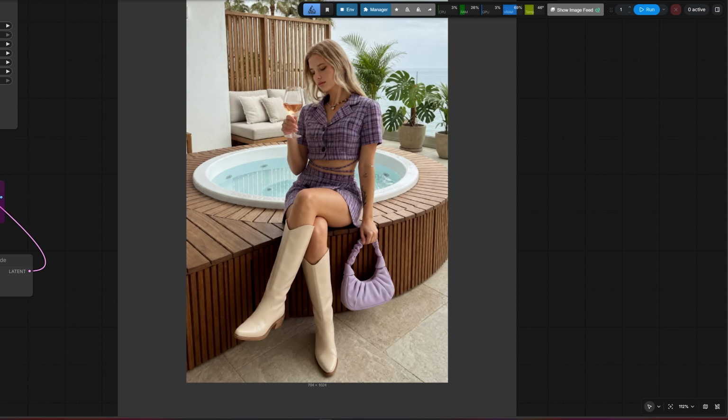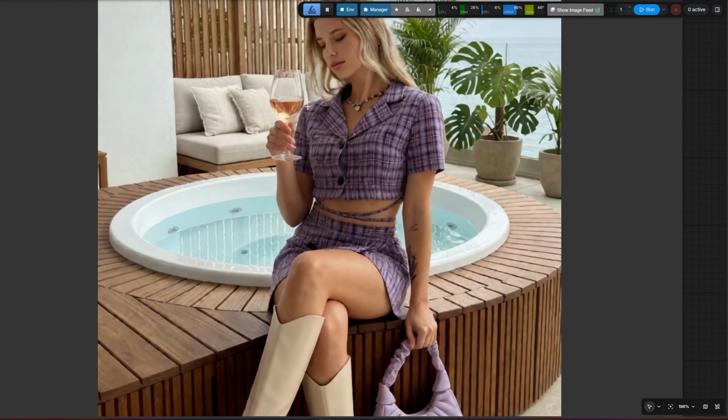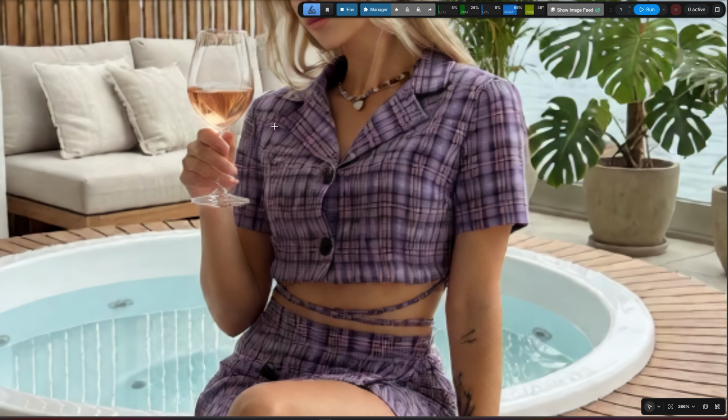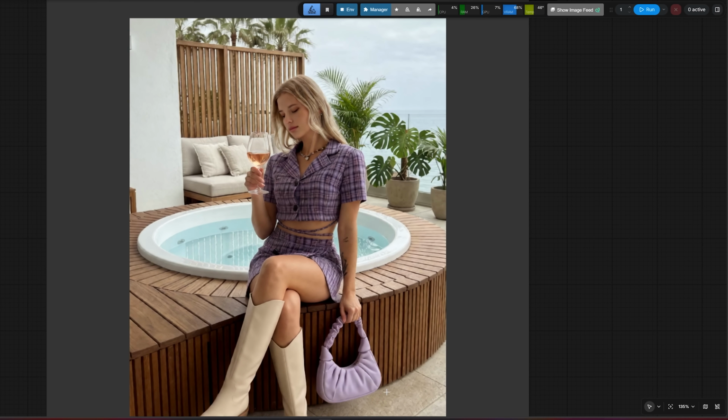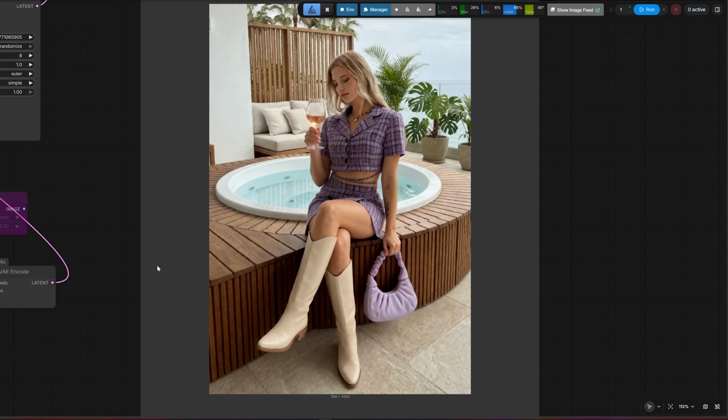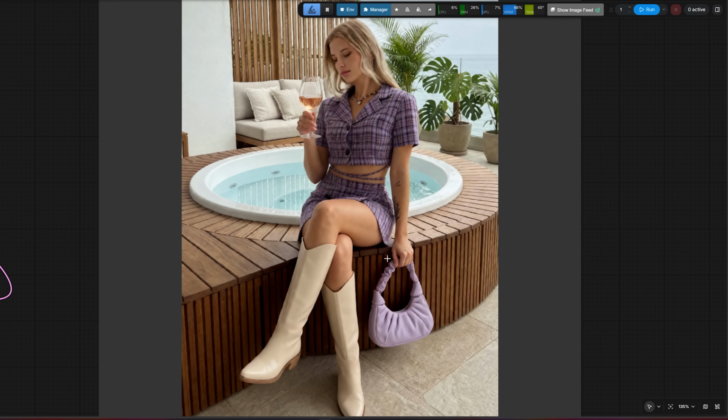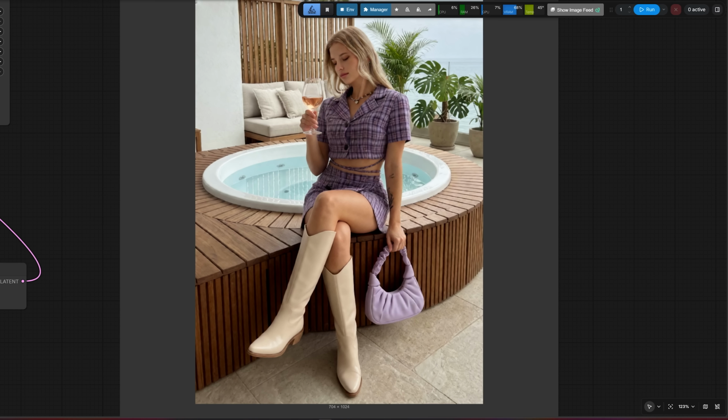The woman is sitting near the jacuzzi, the necklace doesn't match perfectly, but the shoes match. And notice, the woman is also holding the bag. The most important part is, the purse looks physically correct. The posture, perspective and other details also look much better. So yes, this new update has done a very good job, and these are the new features you can try yourself,